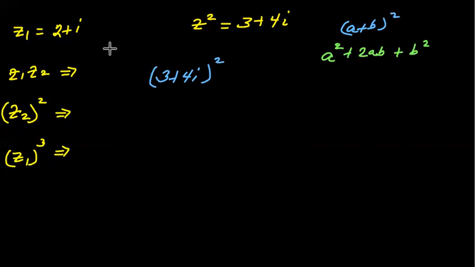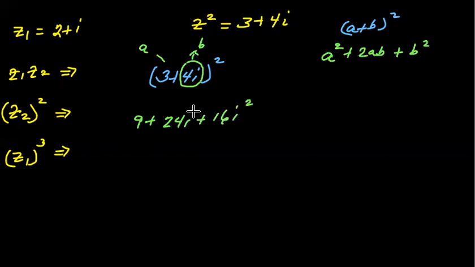A squared. So what is a in this case? A is just your first term. So this is a. What is b? B is just your second term. That is b in this case. So a squared is 9 plus 2ab. Well, what is ab? ab is 12i. 3 times 4i is 12i, multiplied by 2 is 24i. And what is b? B is 4i. So what is b squared? It's going to be